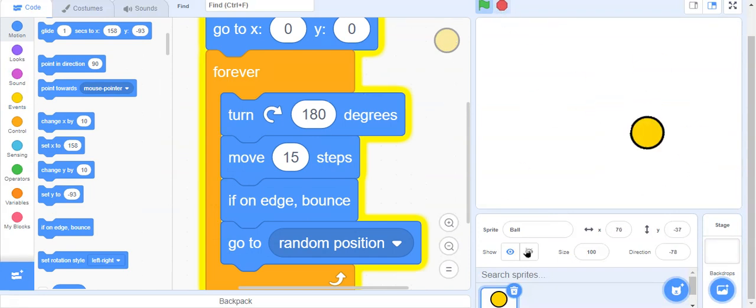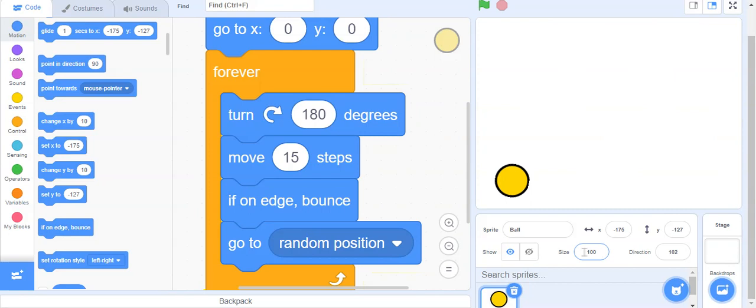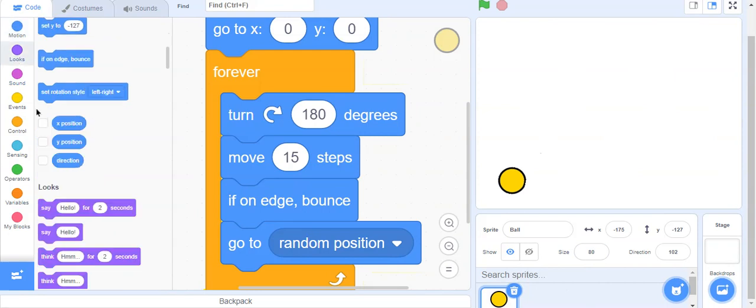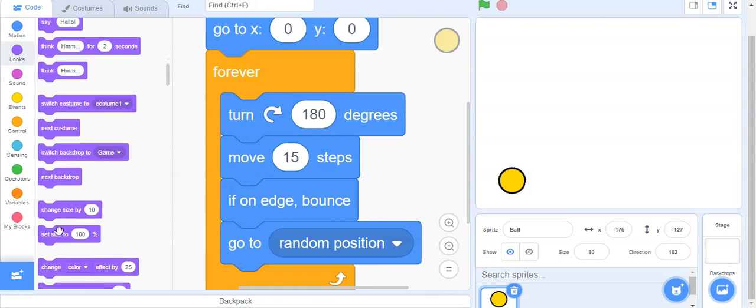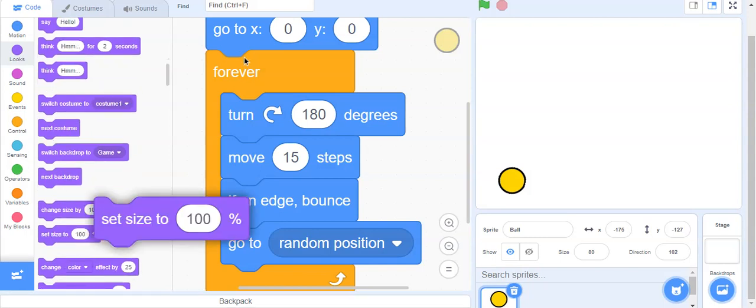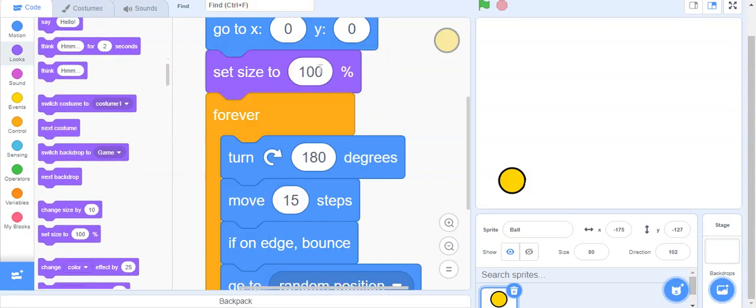Perfect. Let's just make it smaller a bit. Make it 90 or 80. Perfect, more better. Let's go to looks and set size to 80. Perfect. And now